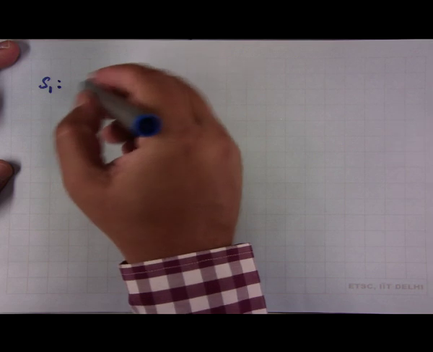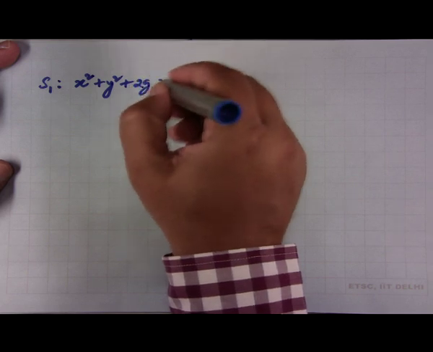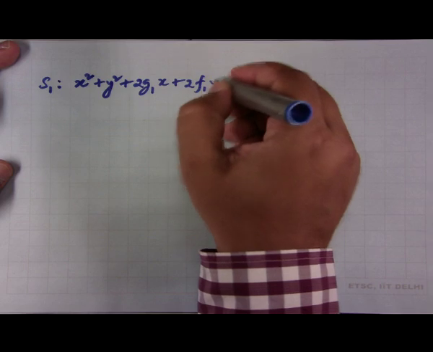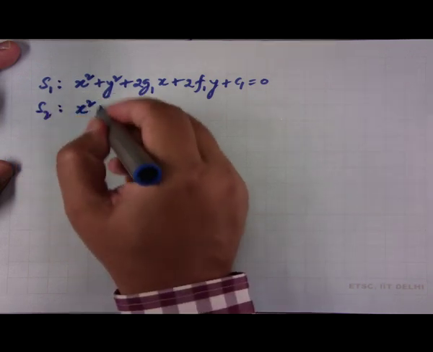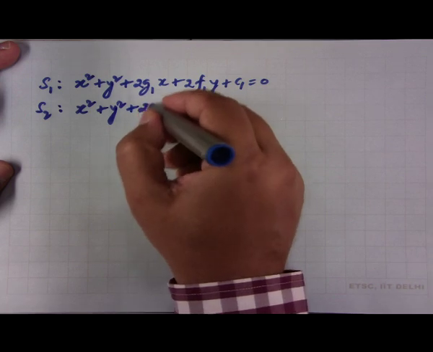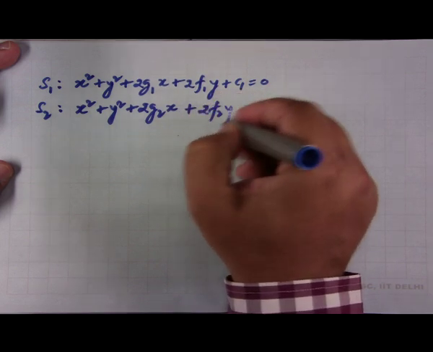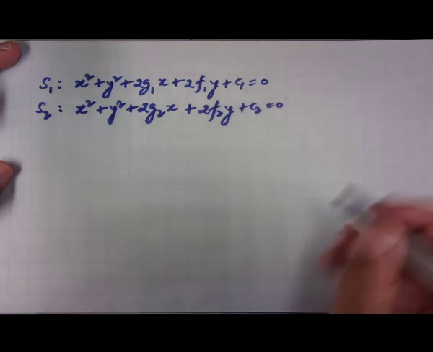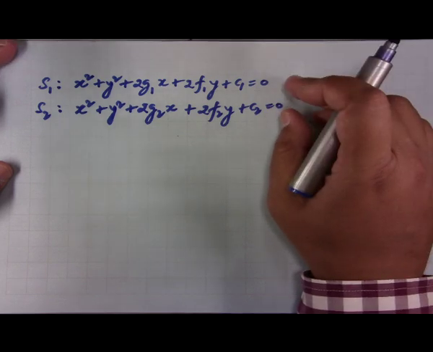To be precise, what we had said was that suppose we have two circles, S1 having equation x square plus y square plus 2g1x plus 2f1y plus c1 equals 0, and another circle S2 having equation x square plus y square plus 2g2x plus 2f2y plus c2 equals 0. So, we are given these two equations, and then we said that these